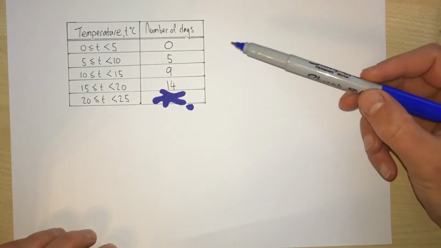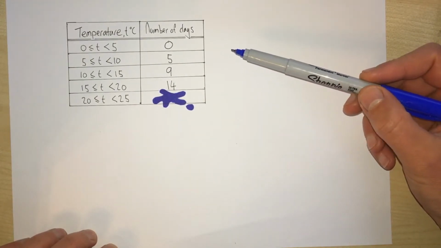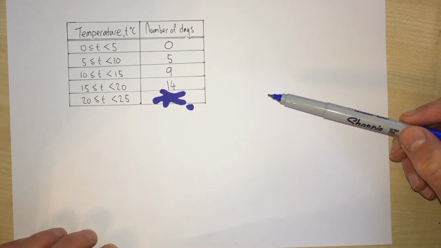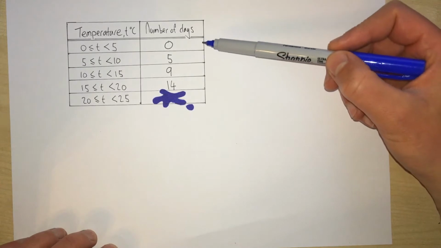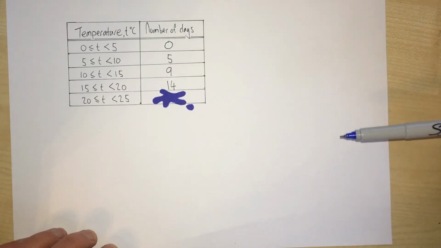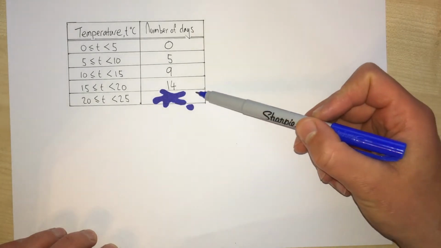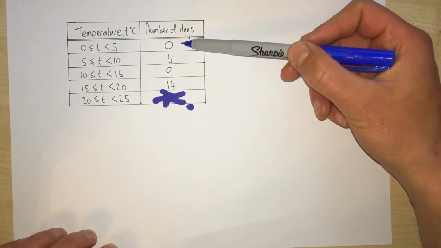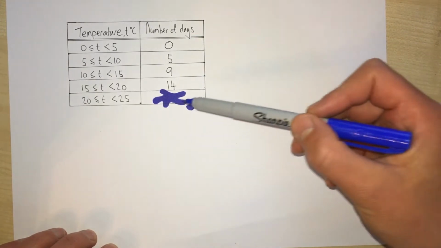Last July, I recorded the temperature at midday each day. I want to work out an estimated mean of the temperature. I've accidentally spilt some ink on this last entry, but I think I've got enough information to work out what